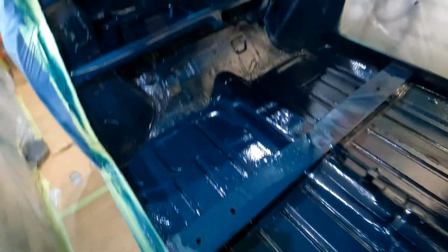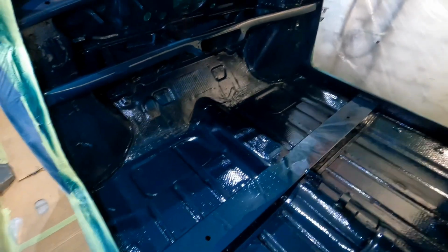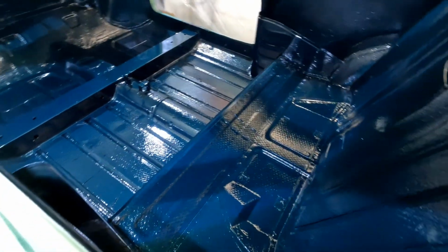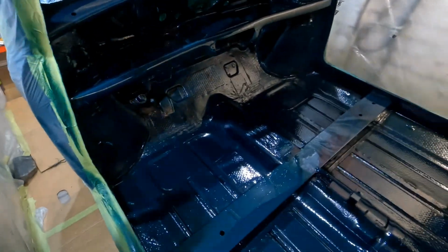I'll just get the torch in there. That's alright. It looks good. That's the job, it's done. And most of the interior can be refit now. I won't be refitting it, but